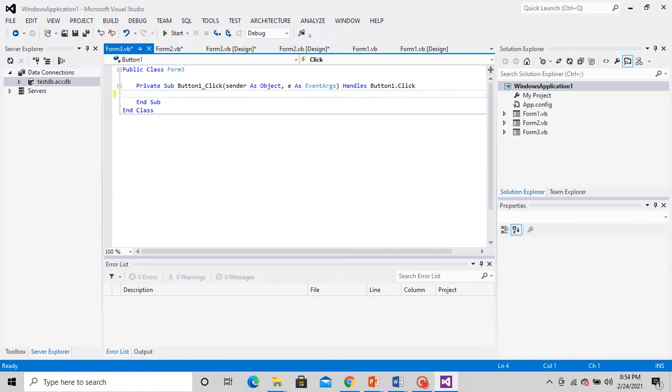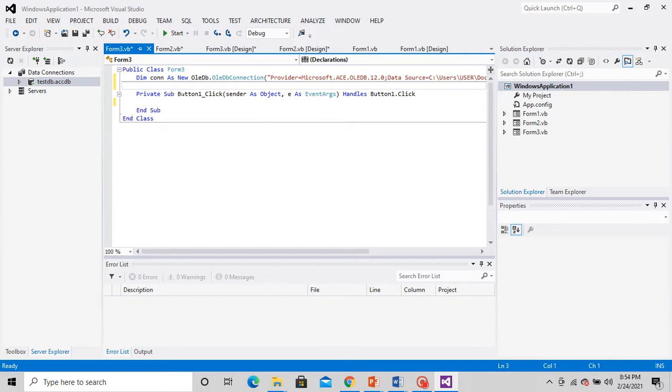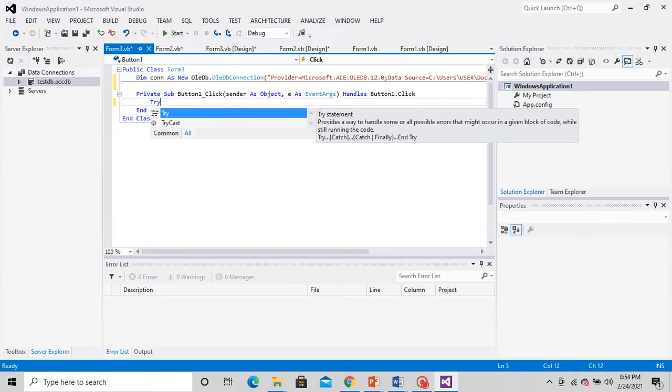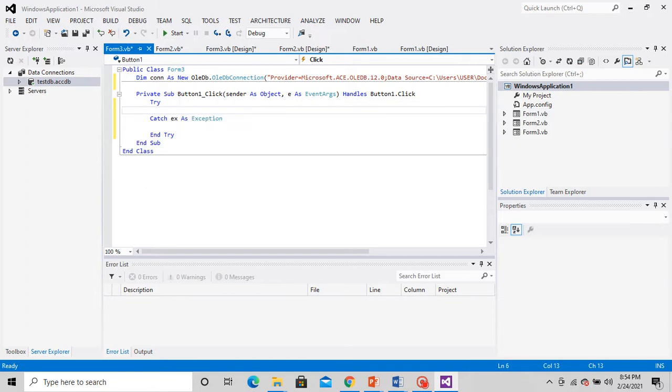It's always better to keep this outside the function, right? Why are we keeping it outside the function? So that under the class, if we have multiple functions, the same con can be used there, right? Now, I am writing the code inside a try block so that if we have any issues, the exceptions will be caught.